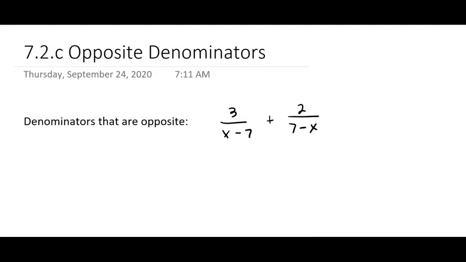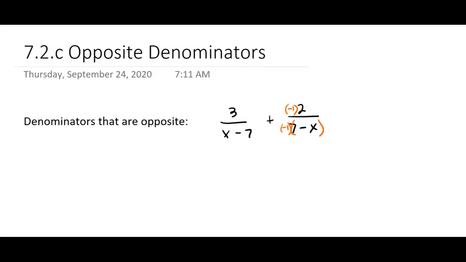And so it's kind of like that -1 trick we talked about in another video or in the last section. But what we're going to do is multiply the numerator by -1 and the denominator by -1. Now, you might say, well, why did you choose that one? I'd rather have x minus 7 instead of 7 minus x. So I've decided to try to make the second denominator look like the first denominator.